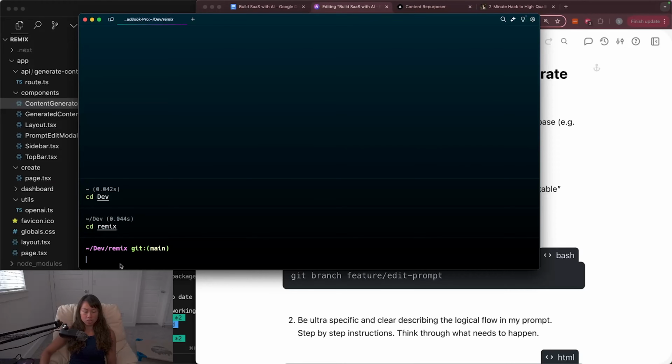So go into your project. Mine is temporarily called Remix. Then I'm going to say git branch feature/edit-prompt. And this is my typical naming convention for features. So I'll create a new branch feature/edit-prompt,